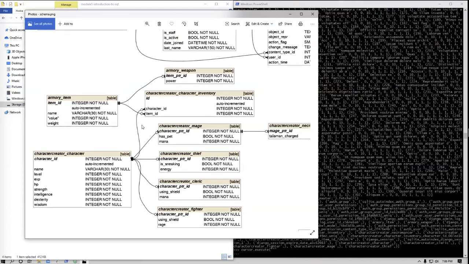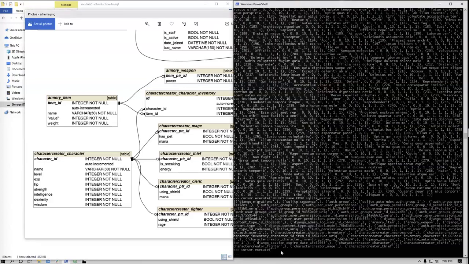Could do like this, maybe. Could probably get character creator inventory for the clerics. Character ID, item ID. So let's take a look at something real quick.